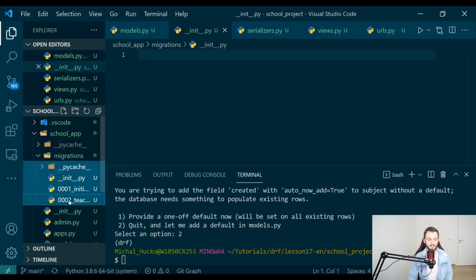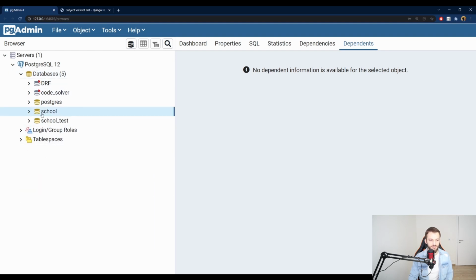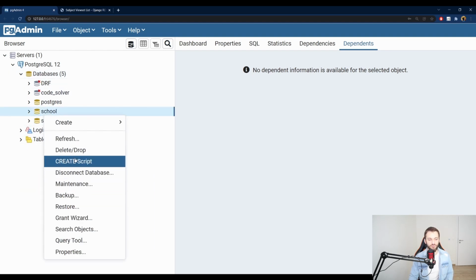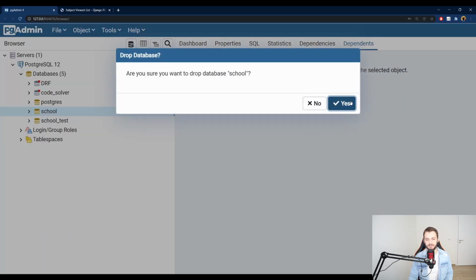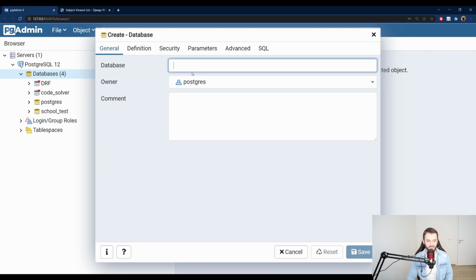and what I will do, I will just delete the content of these migrations, and I will also go to this PostgreSQL, and I will just delete this school database completely. Yeah, now the database is gone, and I will create a new database, which I will call the same, school. Yeah, it's important that there is a Postgres user because I'm using the Postgres user in the settings.py of that